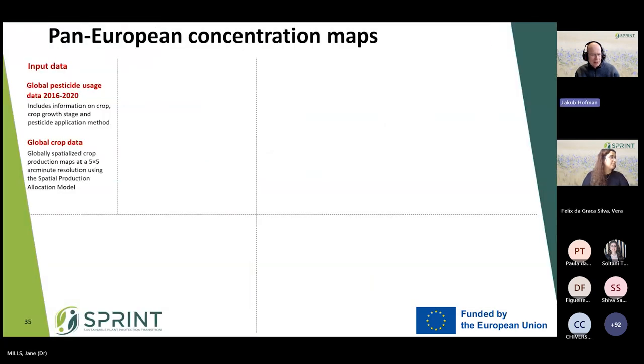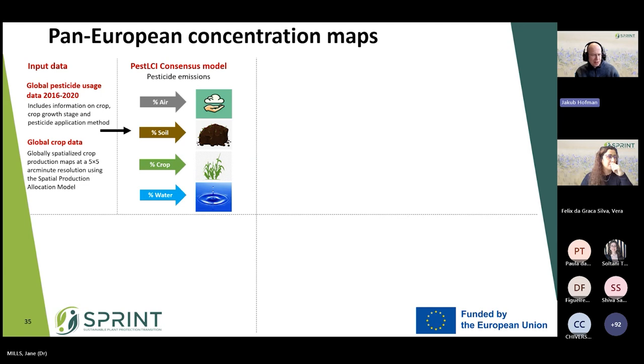So how were these values in the maps obtained? We combined the global data on real pesticide usage from 2016 to 2020 that shows where and how the pesticides were used. These data are commercial data from a commercial agroeconomy company. And these global pesticide usage data were then spatialized using global crop production maps at a resolution of 5 by 5 arc minutes using the spatial production allocation model. Next,